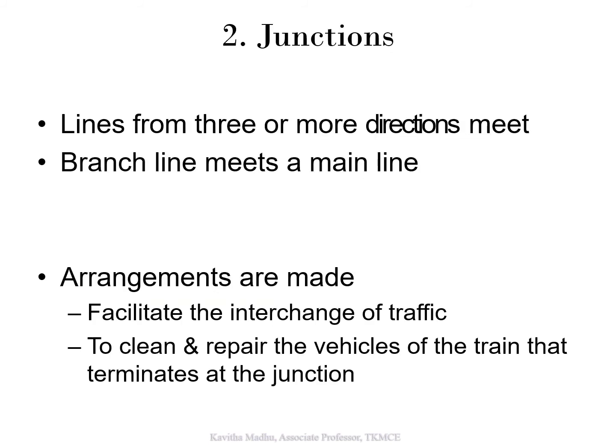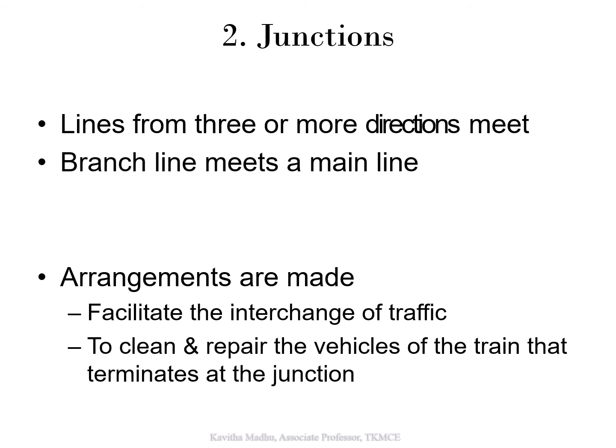We are discussing the classification of railway stations based on functional characteristics. So we have seen three classifications. One is a wayside station, another is a junction, and the third is a terminal station. We discussed the wayside station. Under the wayside station, there are mainly three types. One is a halt station, another is a flag station, and the third is a crossing station. And a crossing station can be provided either on a single line route or on a double line route. That is regarding the wayside station.